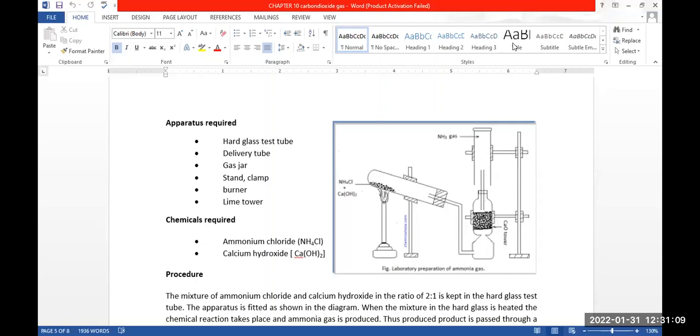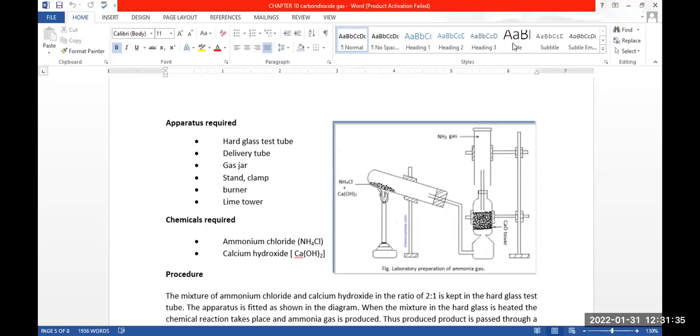So next is precaution. हामीले के सावधानी अपनाउनु पर्छ? Apparatus must be made airtight to prevent the leakage of gas. The mouth of hard glass test tube must be inclined downward to prevent cracking. Look at here, this mouth of hard glass test